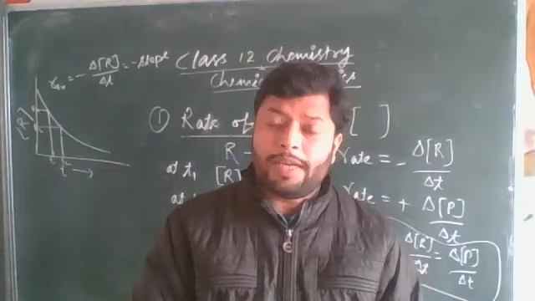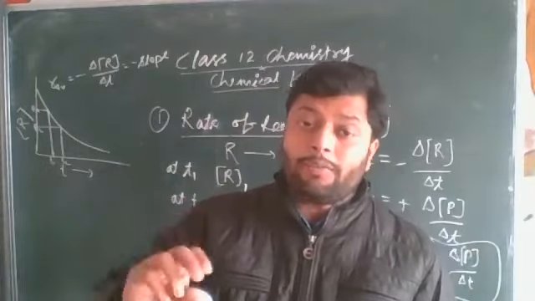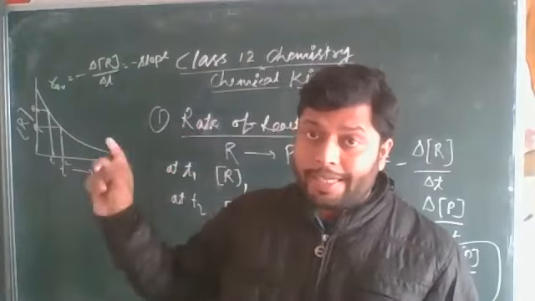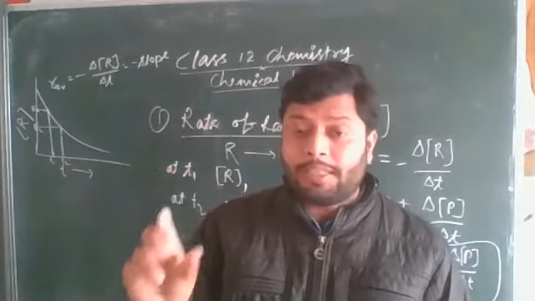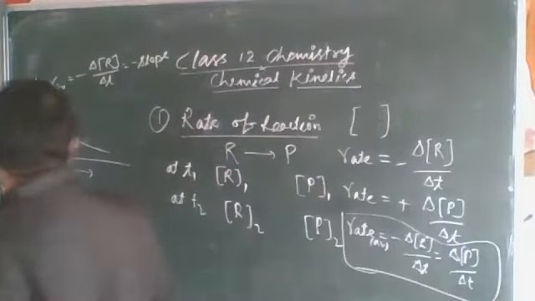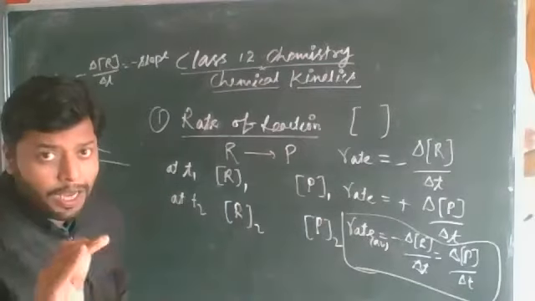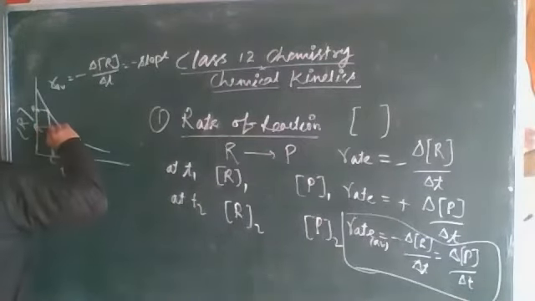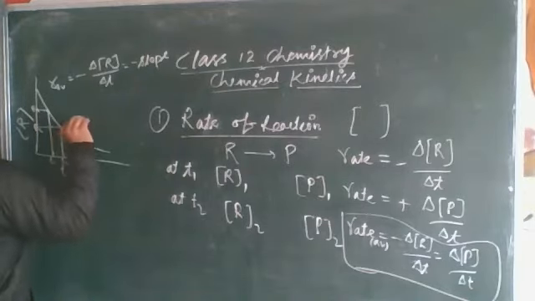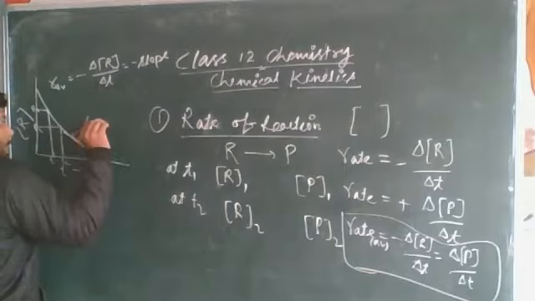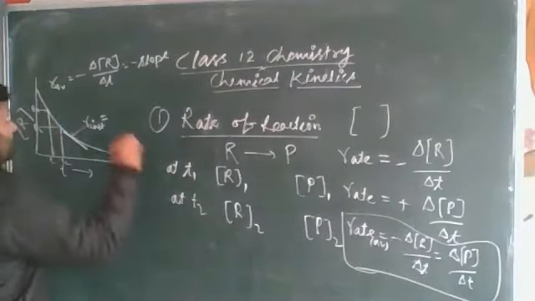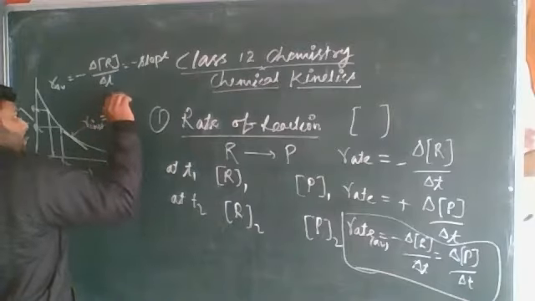Instantaneous rate of reaction actually indicates what the rate of reaction will be at any given instant. That depends upon a very small difference of the reactants at any given instant of time, where the large difference becomes 0 or near to 0. Okay, for that we have to draw a slope on the graph, and it is called the instantaneous rate of reaction, that will depend upon minus